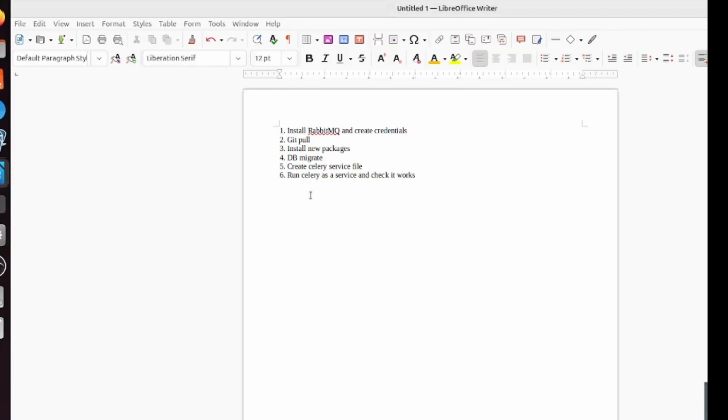So here's my very detailed production plan. First of all, I need to install RabbitMQ on the production server and create the credentials like username. Then I need to do a git pull to get the latest code into the production environment, install the new packages like Celery, do a database migration, and then I need to create a Celery service file, because if you've